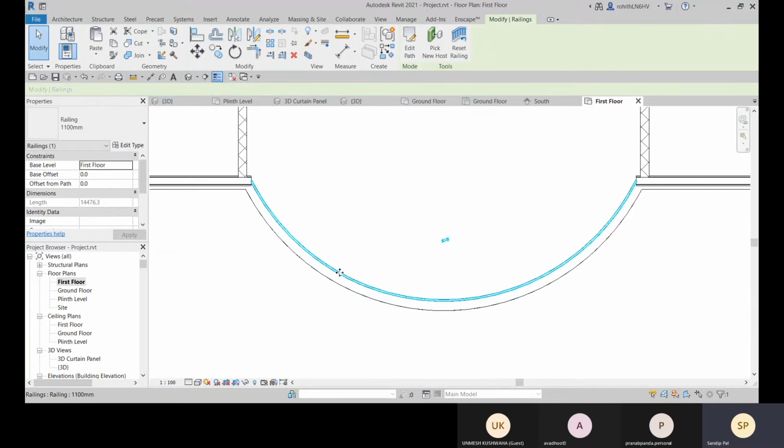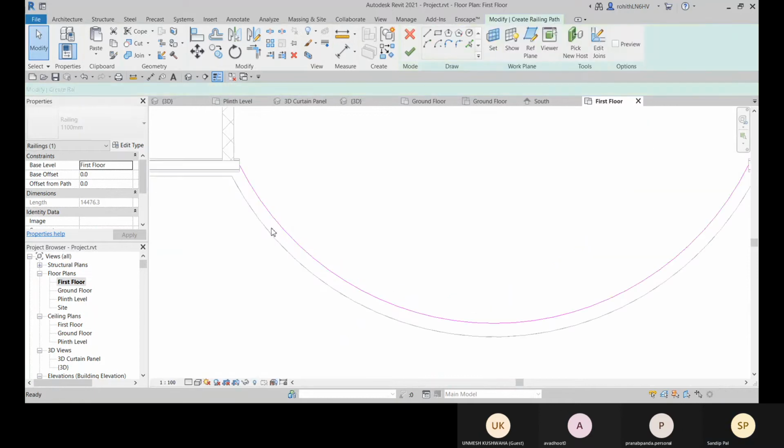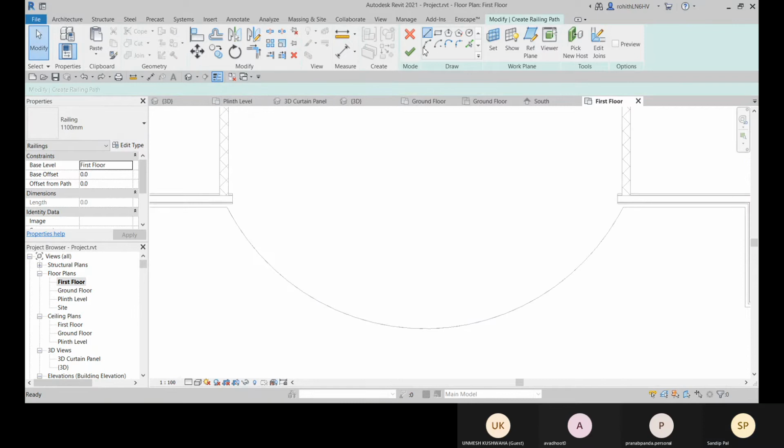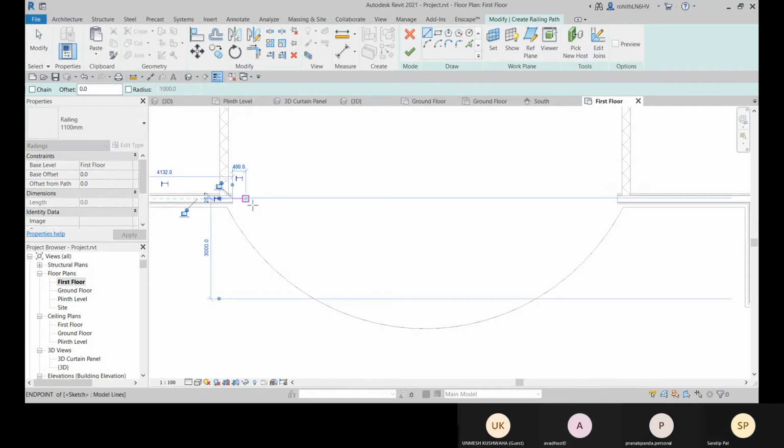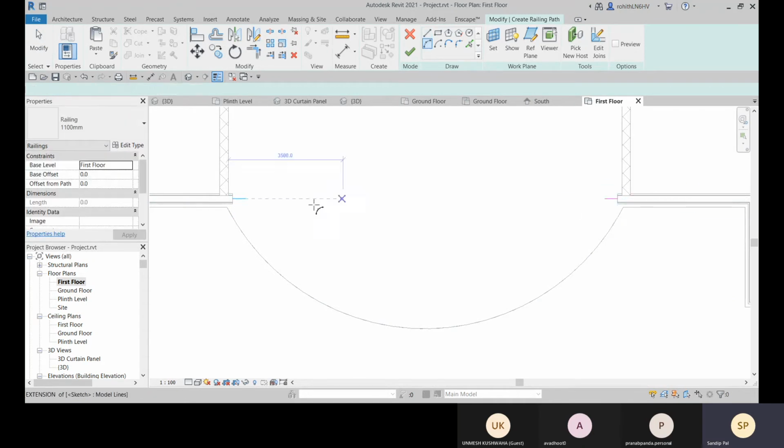Here you can see. You can create a railing like this also. Like 400 this side, 400 this side, and then you can go with this curve.